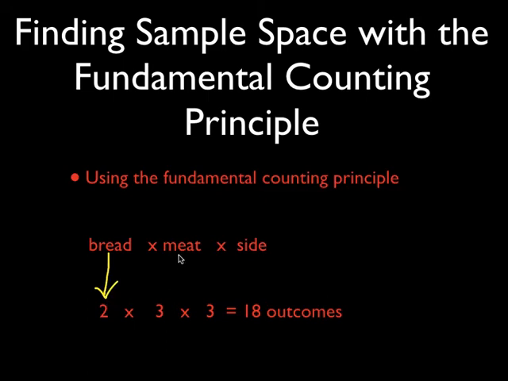For meat, there are 3 possible outcomes. The bread can be wheat or rye. For the meat, you can choose turkey, salami, or ham. For the side, you can choose chips, brownie, or fruit. So if you multiply 2 times 3 times 3, 2 times 3 is 6, times 3 is 18, you will still come up with 18 possible outcomes, which is your sample